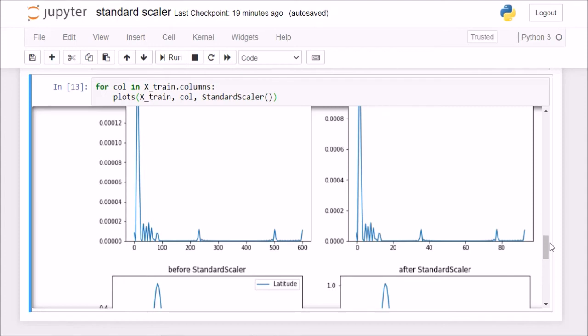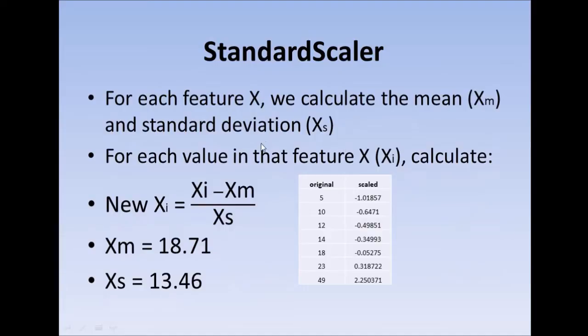So one reason why standard scaler doesn't perform well on outliers is that since it is using the mean and the standard deviation to achieve its purpose, if we have big outliers in the data, then for example, if after this 49, I have a value that is 120, if I have someone who is 120 years old, you realize how much our mean will be skewed, how much our mean will increase, and how much our standard deviation will increase, and all these values will be skewed. Hence, it doesn't perform well on outliers because it is dependent on the mean and standard deviation of each feature.